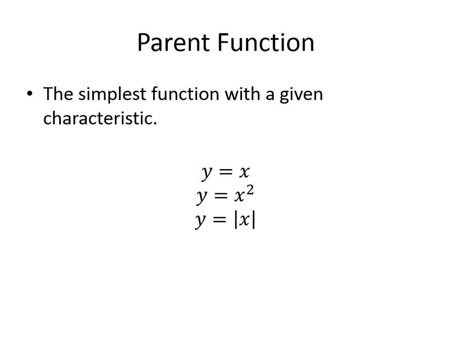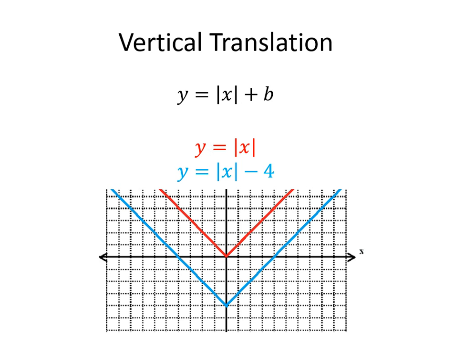Okay, and what we're going to be talking about is how we can change these and adjust them based on what we have. Okay, so we can shift it left, right, we can shrink them, stretch them, etc. Okay, so that's what we're going to be looking at. So the first thing is our vertical translation. So when we move something vertically, up or down, all you're going to do, if we're talking about absolute value, which is what we're going to stay close to right now,